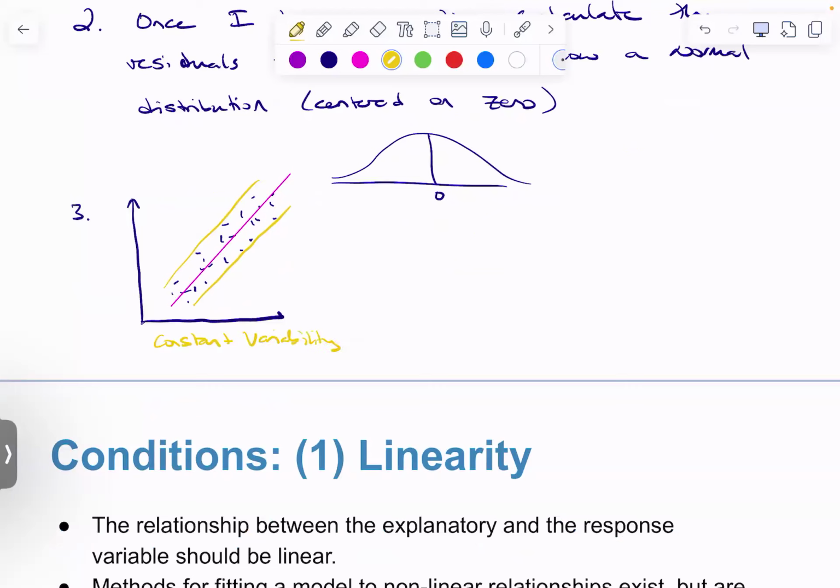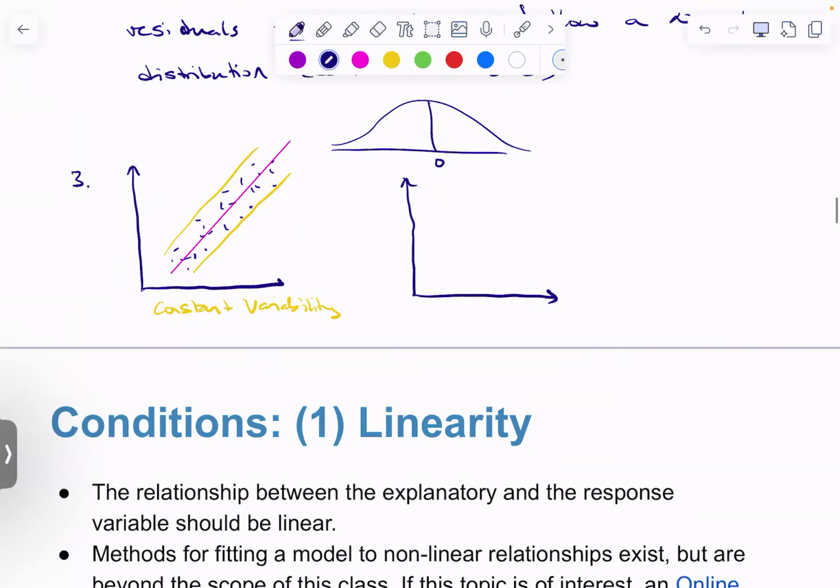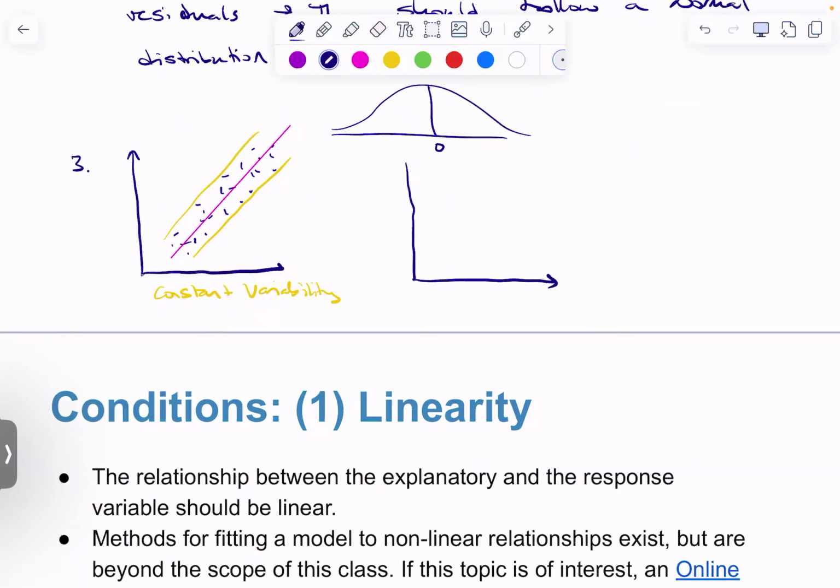So we want to have even scatter all the way around the line. Okay? Versus kind of bulged there. Versus if I have something like this,